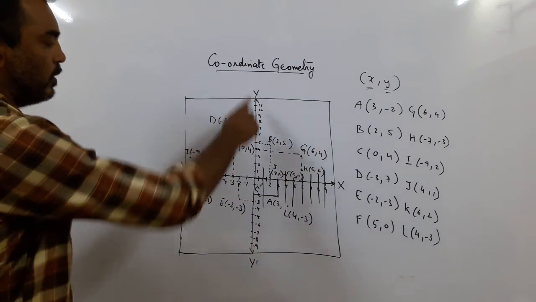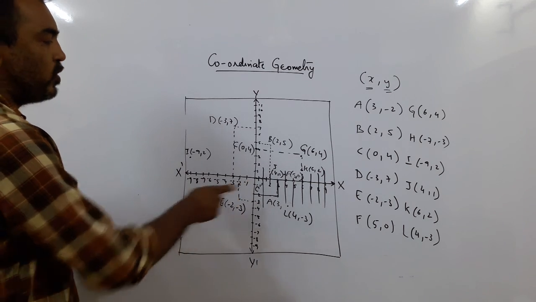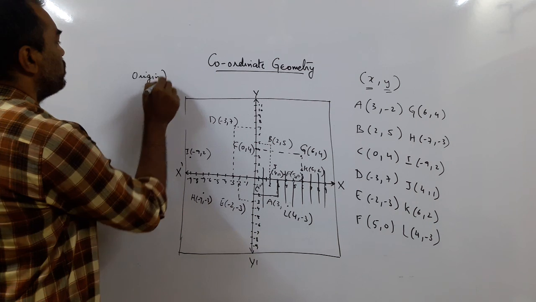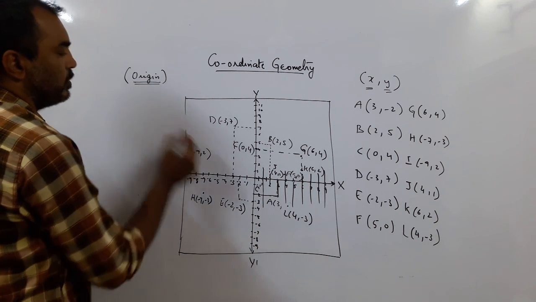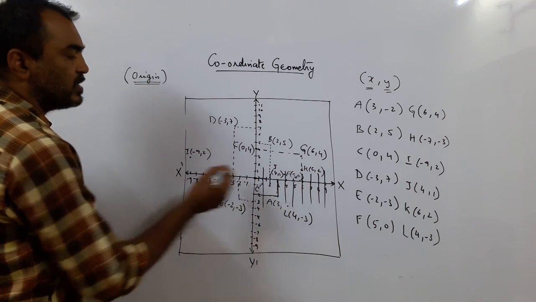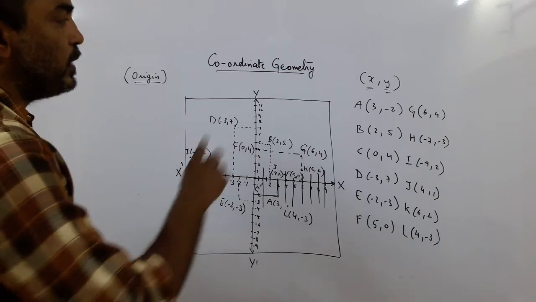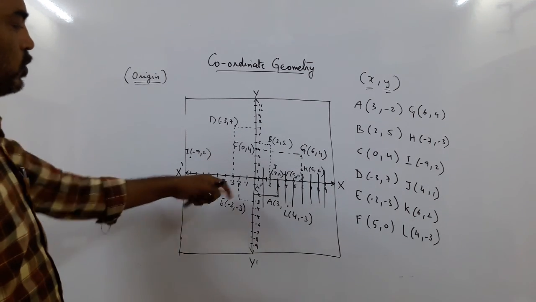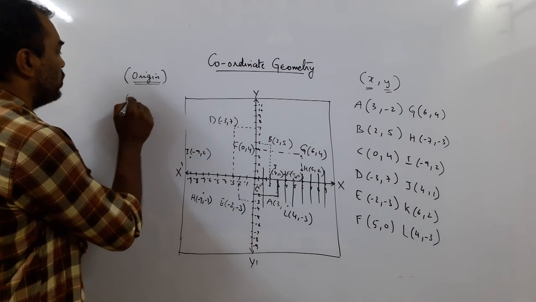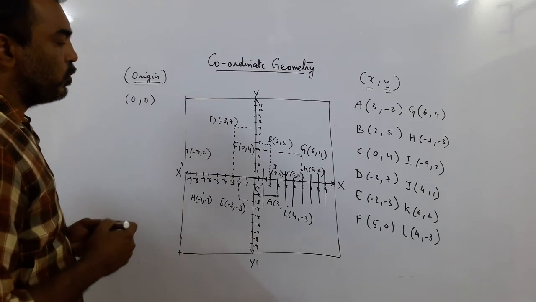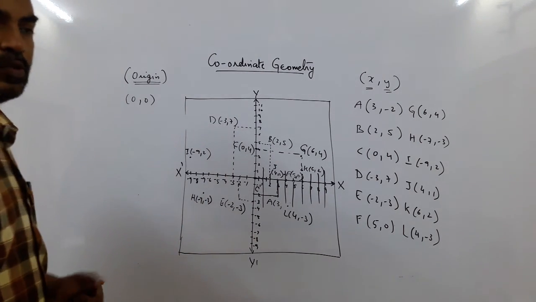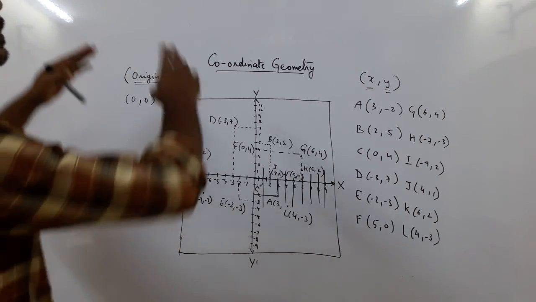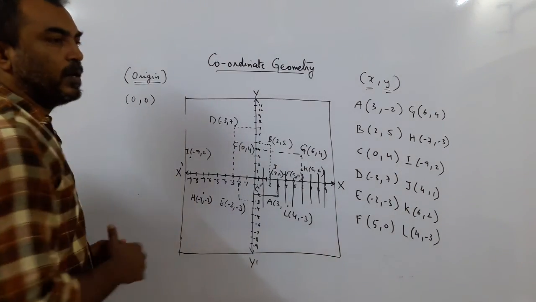What you can see, when you have a point of reference, what is the point of reference? The point of reference is the origin. So we have taken O as the point of reference. This is our point of reference. Now every point will be given a location with reference to this point. So the origin is what? 0, 0. We usually put the origin in the middle of the plane. So if I take this classroom, the middle of the classroom will become my origin. If I take this board, then the middle of the board has become my origin.